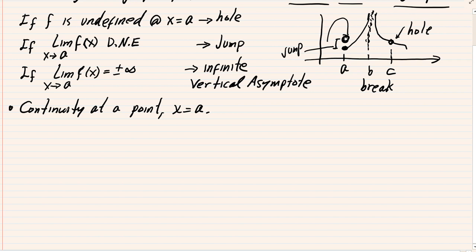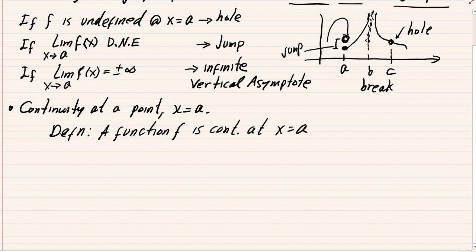So in this definition, let's put DEFN for definition. We're going to say that a function f is continuous at a point x equals a, provided